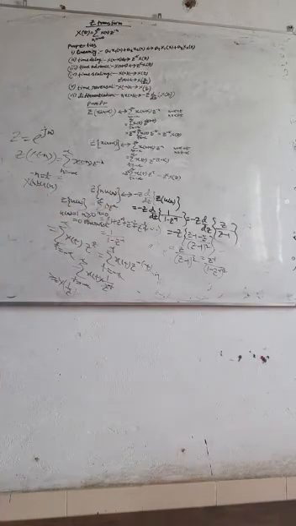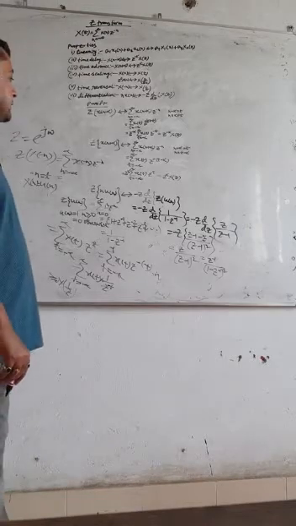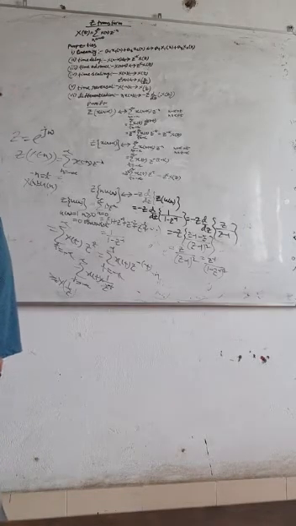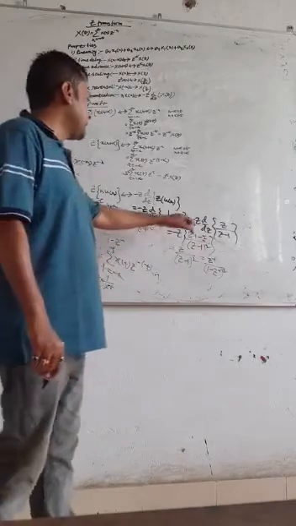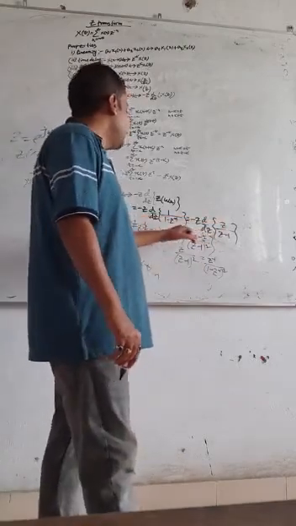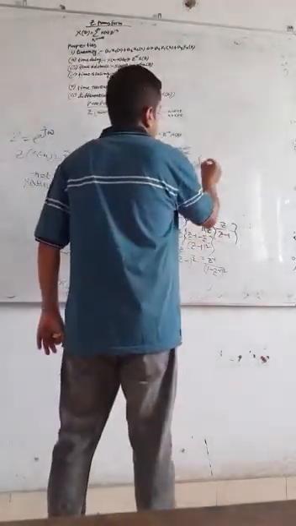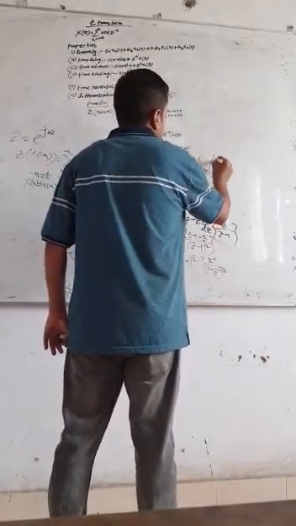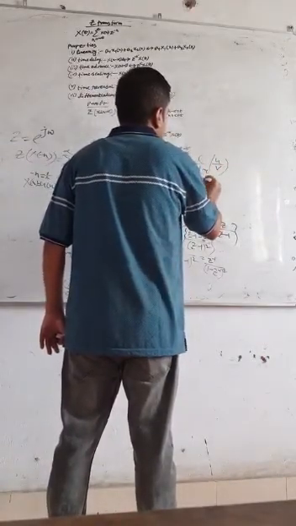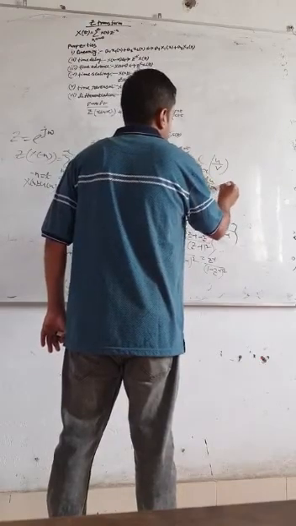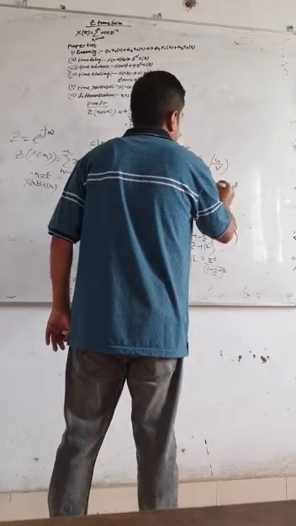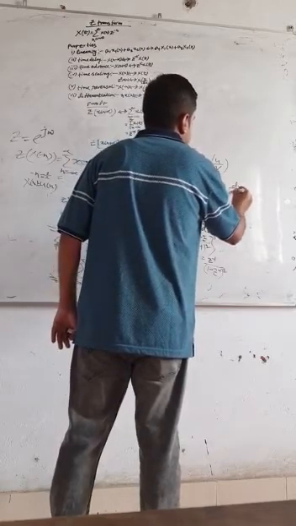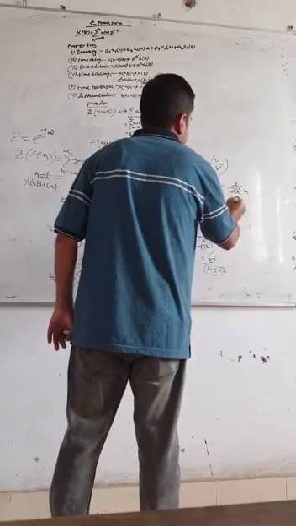Now the Z transform of n u of n is minus z d/dz of the Z transform of u of n. So minus z d/dz of 1 by 1 minus z inverse. You do the first order differentiation, that means minus z d/dz of z by z minus 1. This is the simple derivative of u by v, which is du/dx into v minus dv/dx into u, divided by v square.